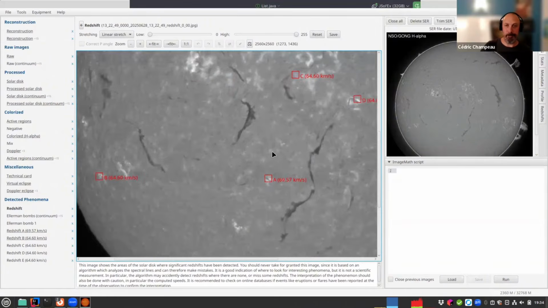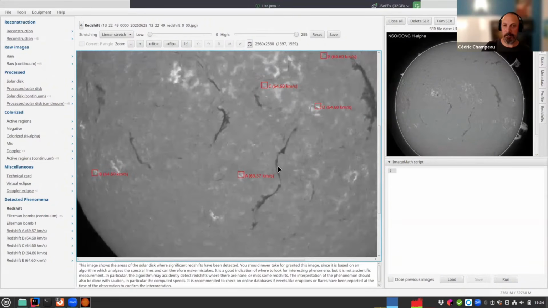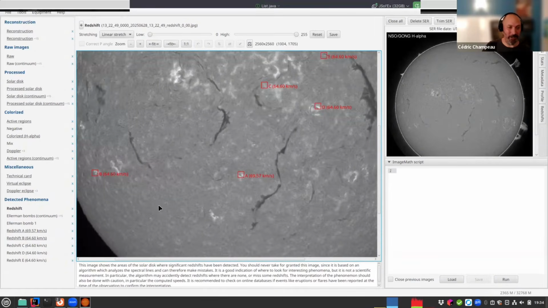And so currently JSolEx detects just a few phenomena, and I want to add more as I personally learn what we can detect on the spectrum, and that's why I keep most of my scans. I have more than 1,000 now, so it takes some disk space to do that. But basically, if I look at the phenomena which are detected in this particular scan, we have the speeds there,